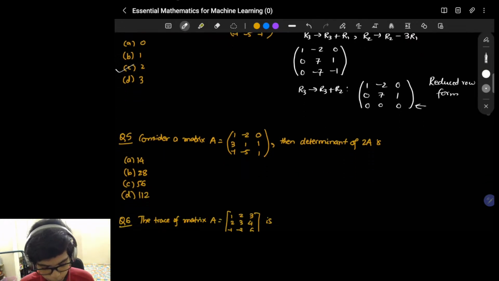So moving on. Here we need to find out the determinant of 2 times this matrix. So first let us find out the determinant of the matrix A itself. So determinant of A,